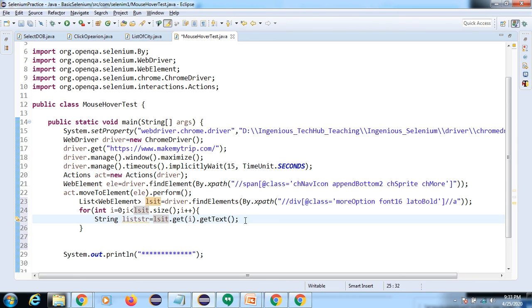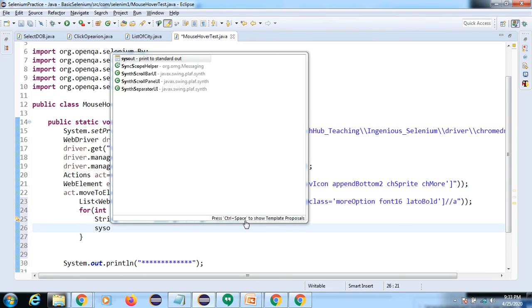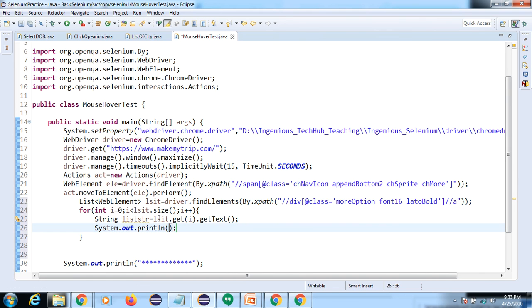So what will happen here now? While performing this mouse over, we can also display that list of elements, all the elements which are available. So if I add 4 steps, you can add more steps. You can add more and more steps in one shot. While doing the practice, your steps will increase.